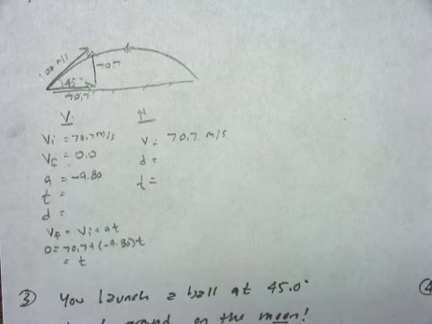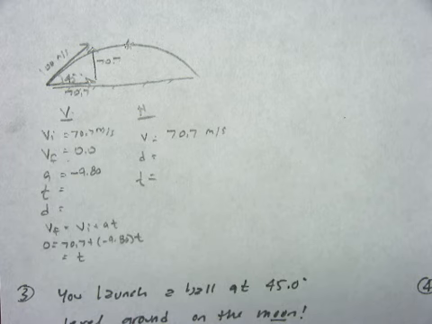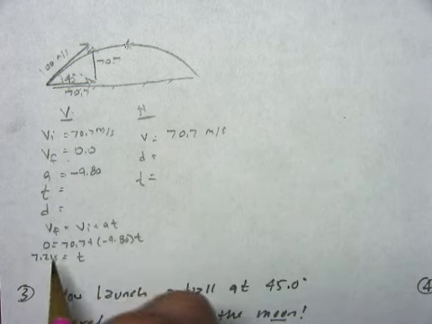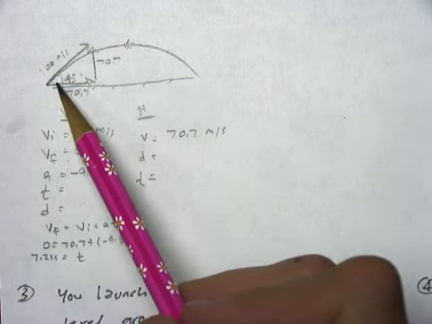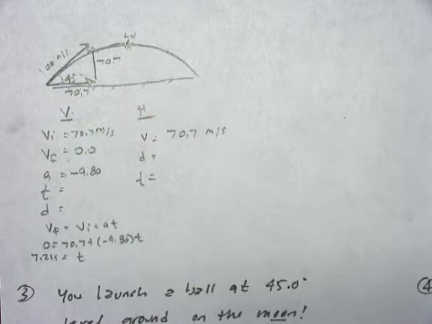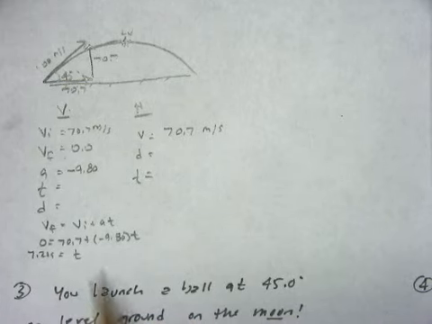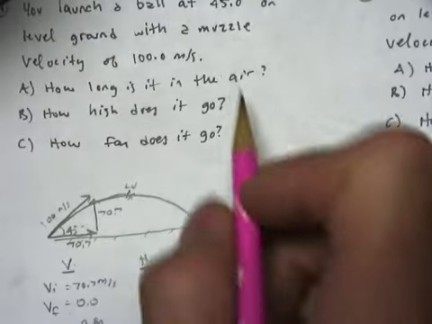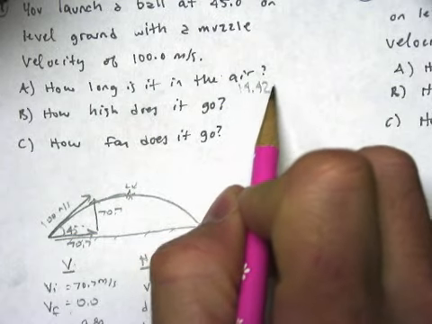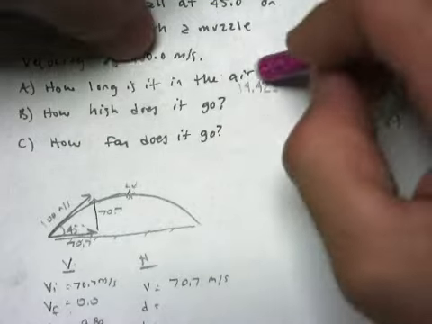So I take 70.7 and I divide by 9.8, and I get 7.21. So that's how much time, be careful, that's how much time it took to get right there. So how long is it in the air? It's in the air for 14.42. You double that. So that's the answer to part A. How long is it in the air? 14.42 seconds. With significant figures, I should probably go 14.4